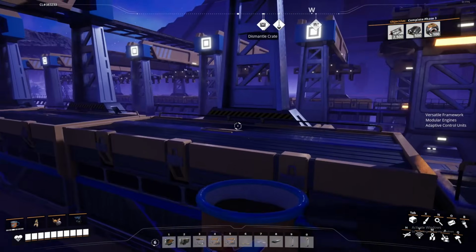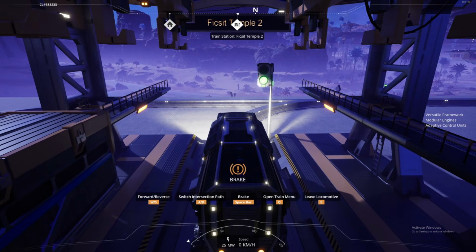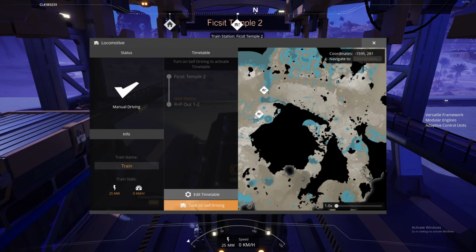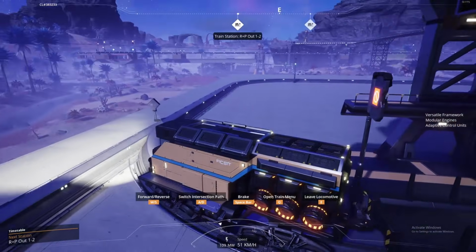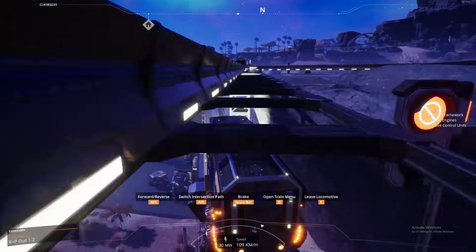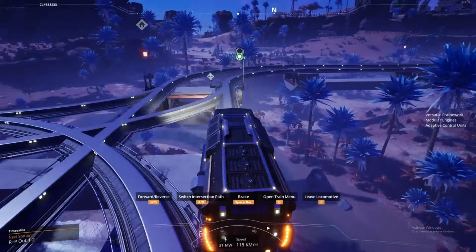Just got my second train up and running. This one's going to a different area. Let's go ahead and open the train menu. I have my rubber and my plastic, and then Fix-It Temple 2. Save changes. Turn on self-driving. All right, off we go onto another adventure. Let's see if I did all the paths right. Doing all this infrastructure work is honestly a little bit interesting. It takes a lot more time than I thought it would, really. Because all this spacing is...